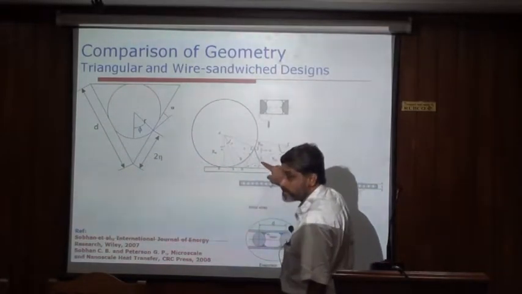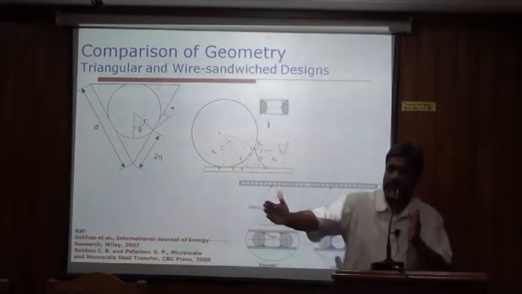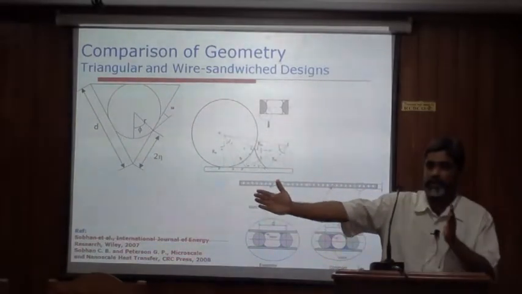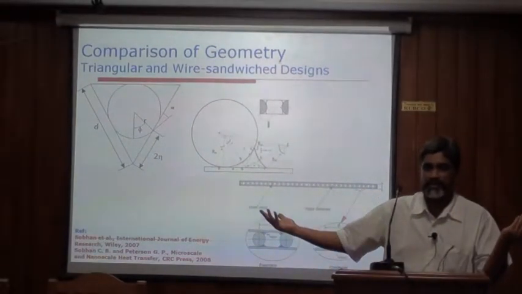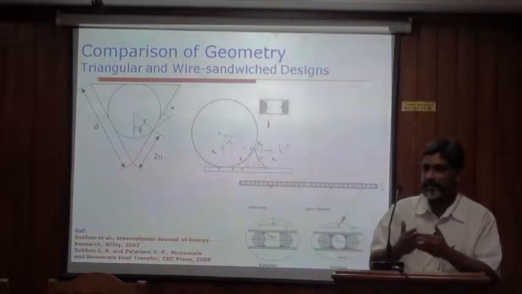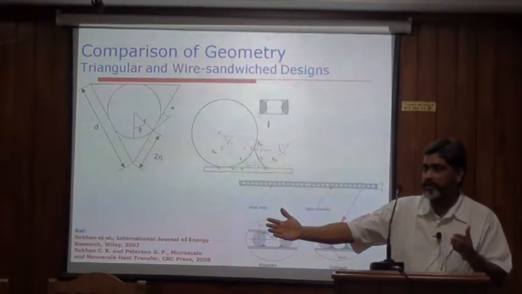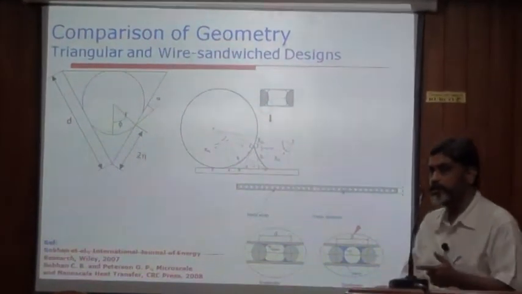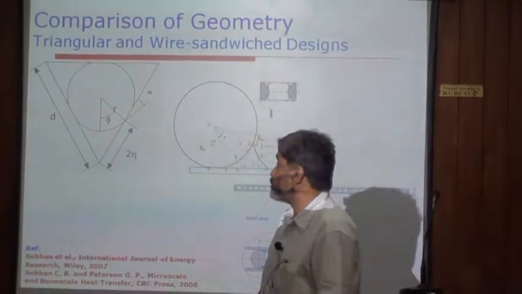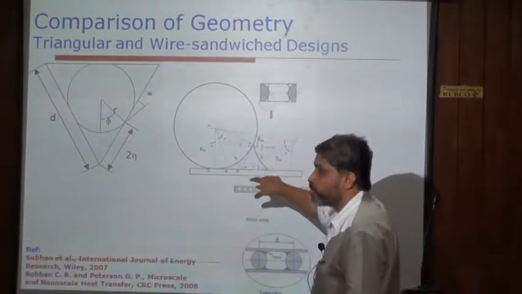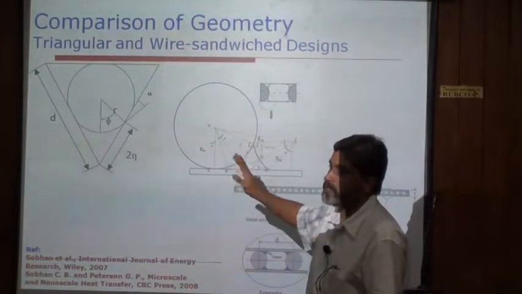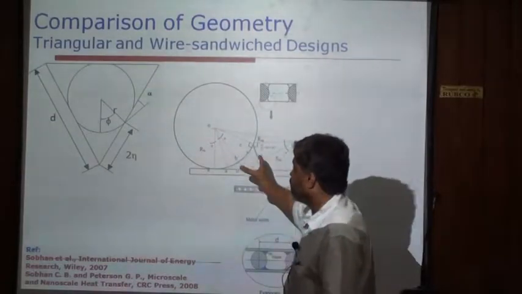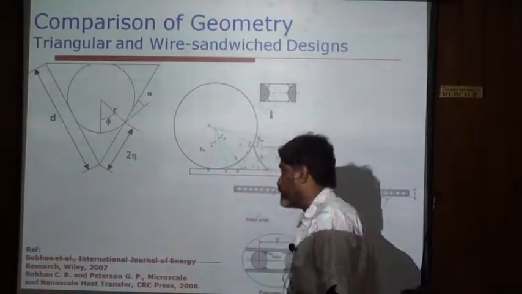Once I have this meniscus radius written as a function of the distance along the heat pipe, then everything is solved. When I get the meniscus radius as a function of the distance along the heat pipe, I can convert it to a surface in a cross-sectional area wherever I want. So this will be incorporated into the model. So working on this geometrical area coefficient is the most important part as far as the geometry is concerned. In the wire sandwich case, it is different from that in the triangular one.